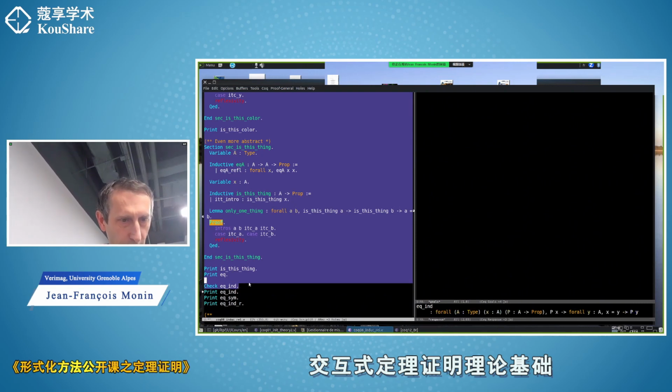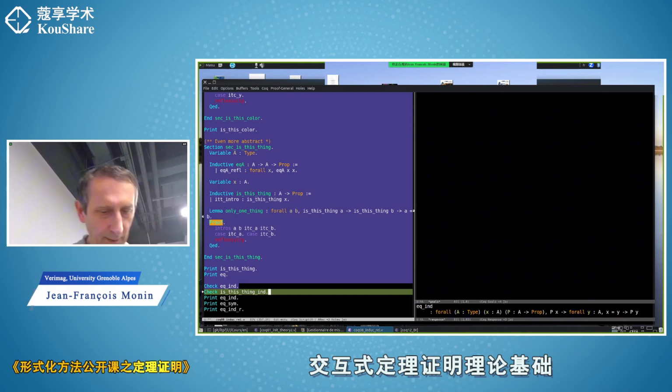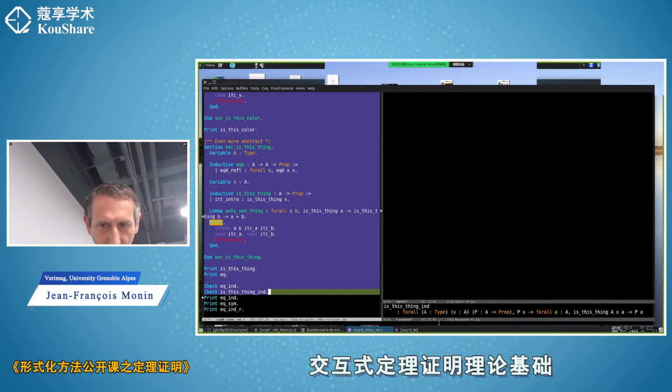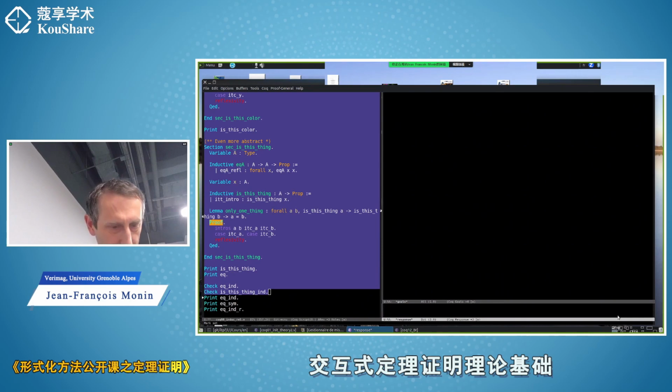If you do the same for this thing, ind. So the ind is, you will see that later. So you see exactly the same with the longer names. But you see again, if I have P of X, then for all Y, if I have this thing, so here the parameter is not implicit, so I can see it. If I have this thing for A, then P of A. So exactly the same